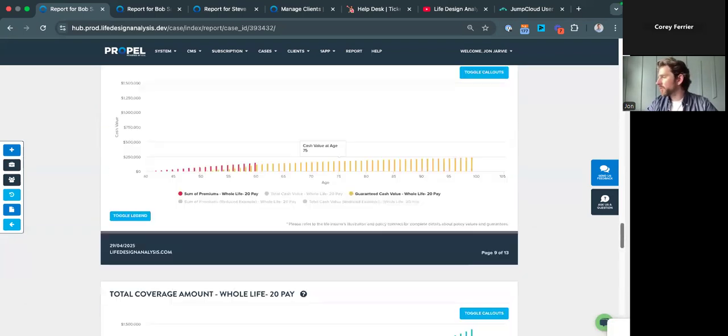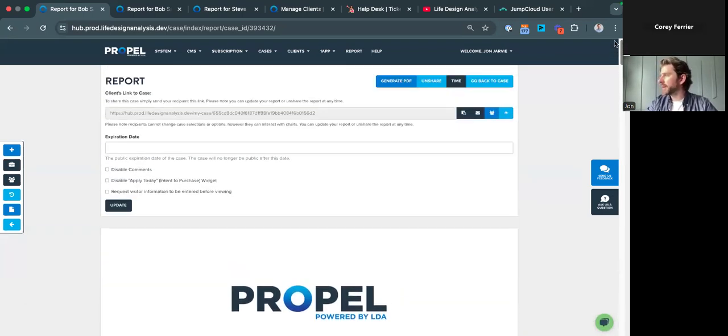And with these reports, you can always share them to a client via a document. So we use a PDF format if you want to download it and then send it to a client. But there's a better way of sharing it to the client through a web link. So these web links are interactive. If a client clicks on the web link that you send to them via email, they would then see